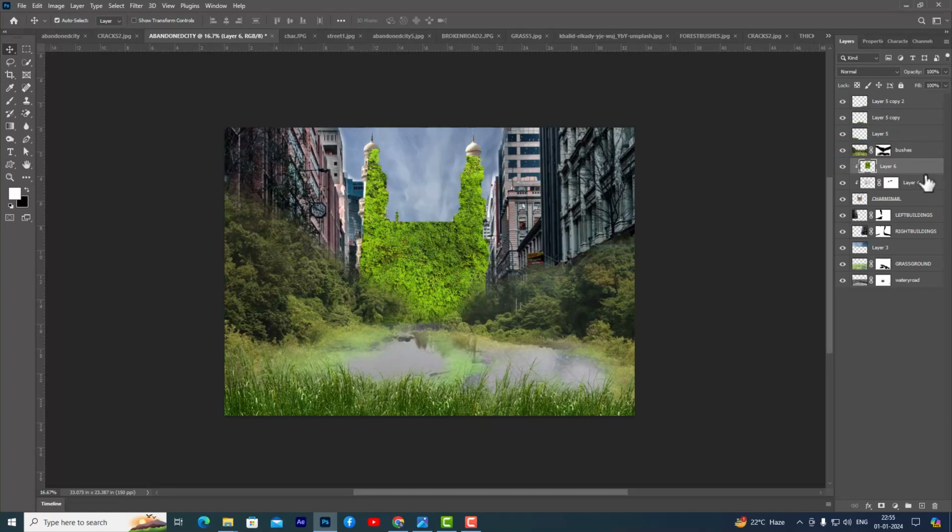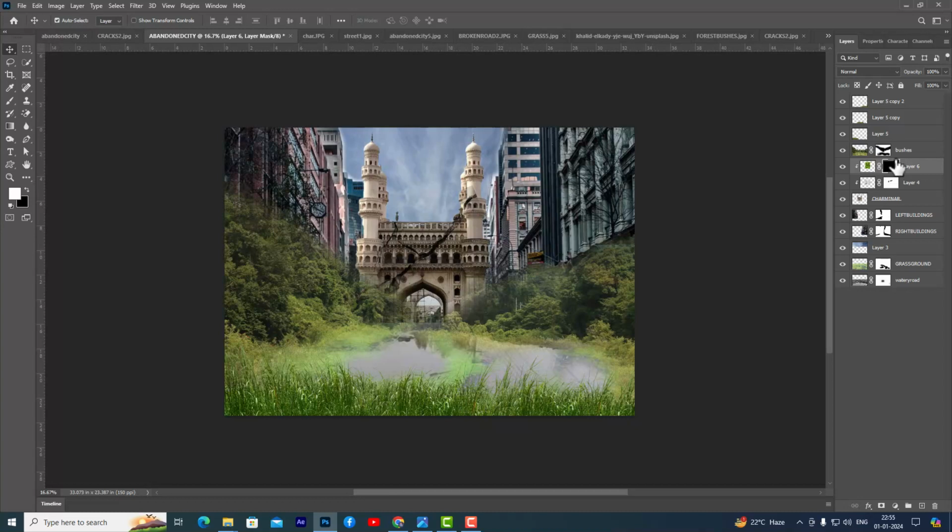So here we have clipped it, and now we will apply mask to it, and then we will select the brush, a soft rounded brush, and we will reduce the flow amount here, and then we will use white as the foreground color and start painting. So we can see there is some algae,